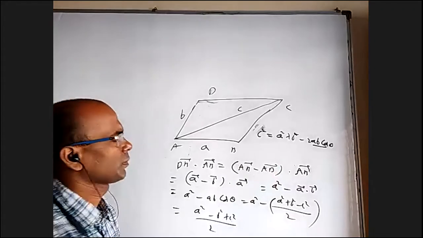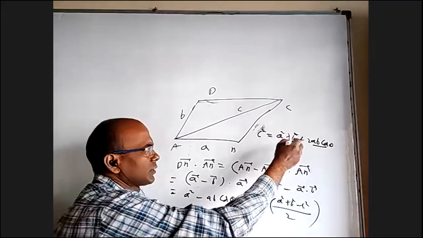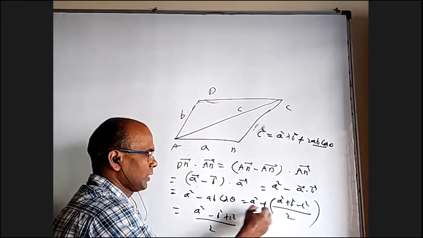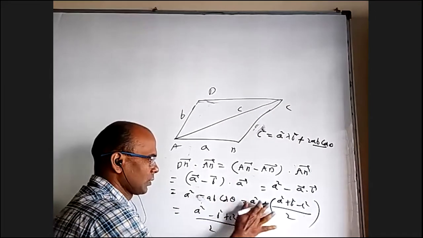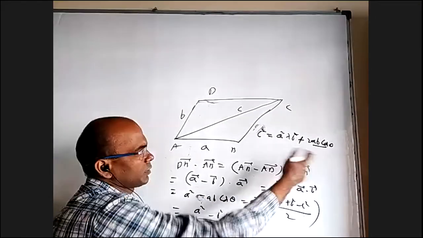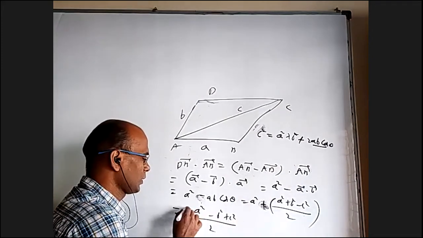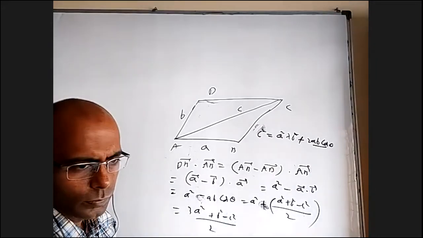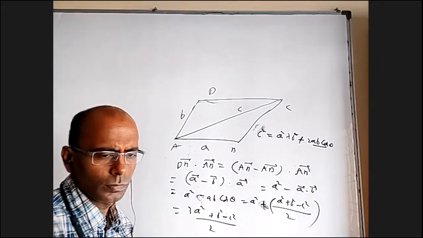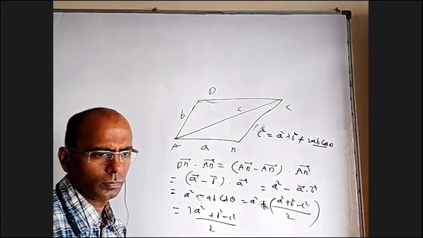Sorry, this formula is a plus cos theta. Okay, in the resultant. So this is going to be plus. This is no, this is minus. This is minus. But because of this, it will become plus now, and it will be 3A square plus B square minus. Is that okay? Yes, sir.